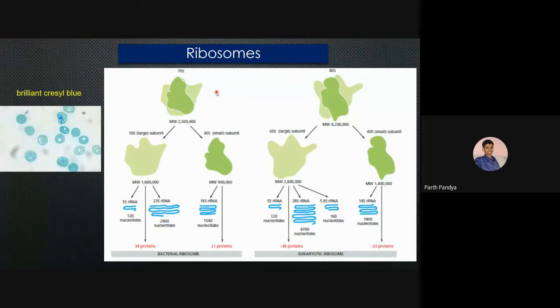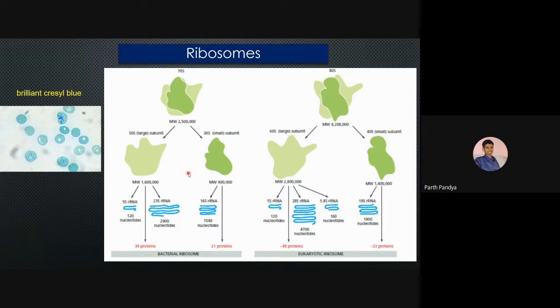So a total of around 25 lakh molecular weight is the total molecular weight of 70S. As we know, S stands for Svedberg unit. So with the help of density gradient centrifugation, the subunits can be separated, and the overall molecular weight can be determined. Once you run the density gradient centrifugation, you'll get either the combined one,